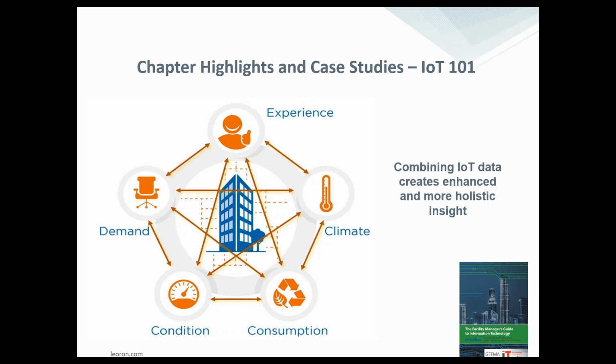So when we get to IoT for our own self and our own scale, when you start to gather all of the different things that we've been talking about, there is a correlation between user experience and climate. There is a correlation between climate and consumption. What is interesting is that you can get insights from any one of those 5 areas.